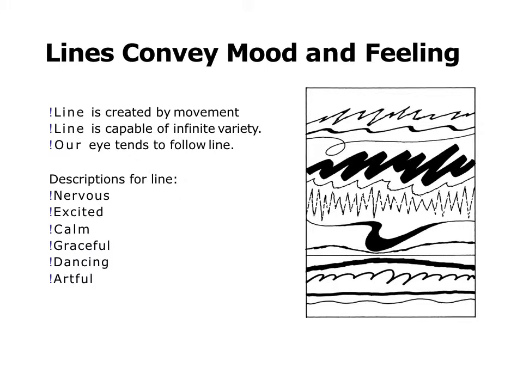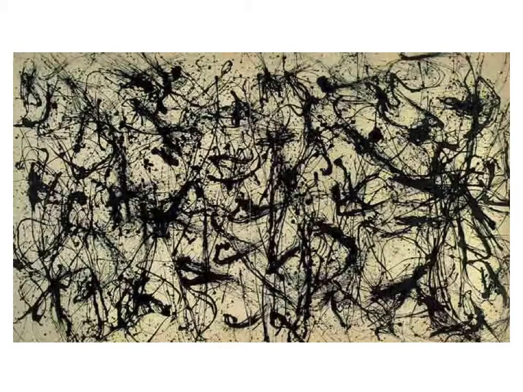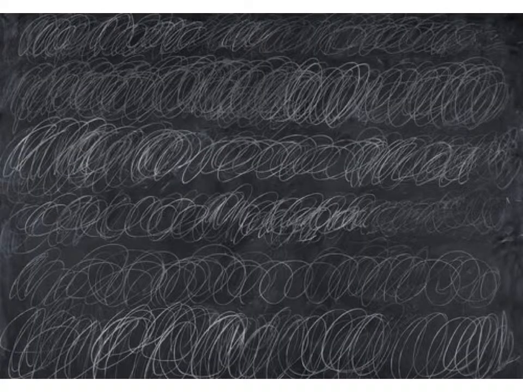I'll look at a few well-known artist pieces. This piece by Jackson Pollock, if you had to choose a mood or emotion to describe the lines in this piece, what would it be? Erratic, jittery, ecstatic? How about this piece? Obsessive, repetitive,